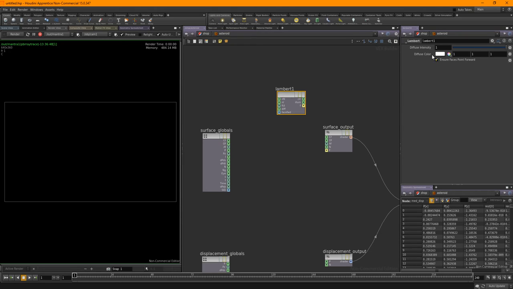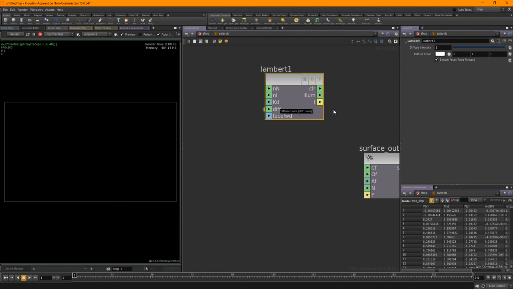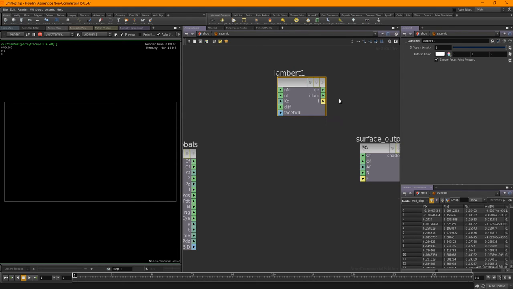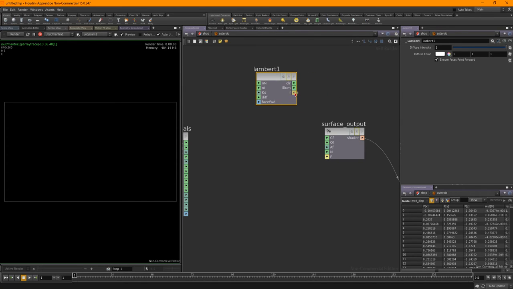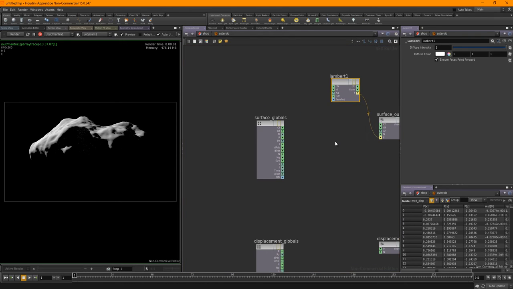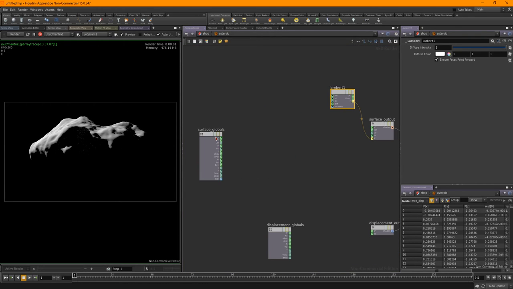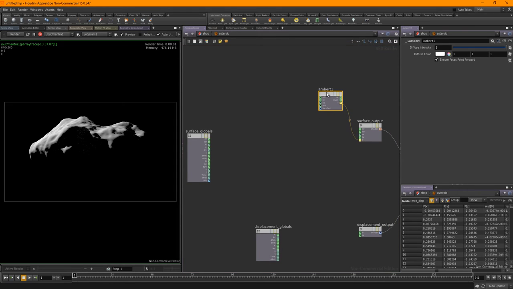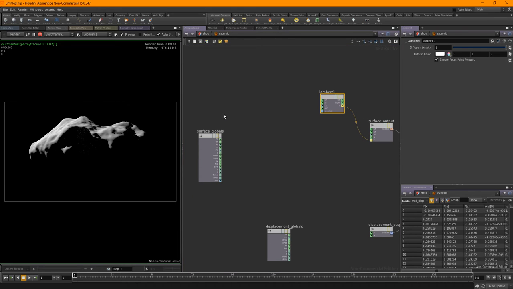And if you look at the Lambert, it gives you a diffuse colour here, which we'll actually be piping other things into the diffuse. So this here will be ignored, but for now we'll connect that up and you will get your render back, because now the light is getting input and it's basically just calculating the light off the surface points. So we've actually got a network in there that's generating the lighting part of the shader, so we can now see it. So less waffling, let's move on.